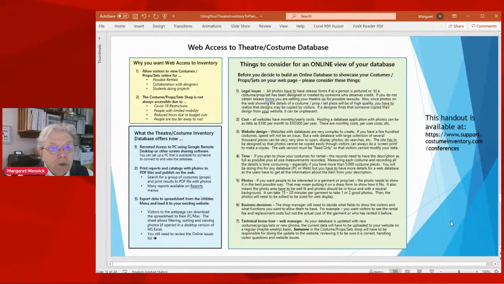This would be like, you would set up an appointment, someone could look at things, they could access the database and see what is there. Not a lot of universities and schools allow that sort of thing now, but it's something to consider. So the second thing is